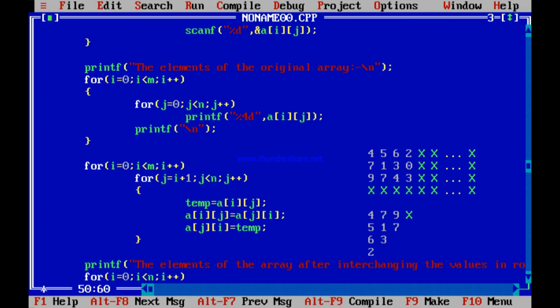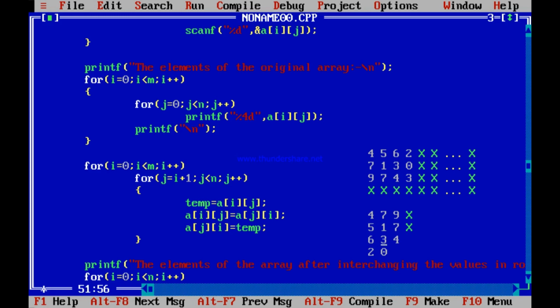And your 0 will be interchanged with x. So this is x now. This is 0 now. Next time I becomes 2. J you are starting from 3. So 2, 2 is 4, remains unchanged, and this part, 6 and 3, remains unchanged. If you interchange, they will be wrongly interchanged. You have already done the change. That's why 6 and 3 have come from here to this position. If you again interchange, they will go back to the original position.